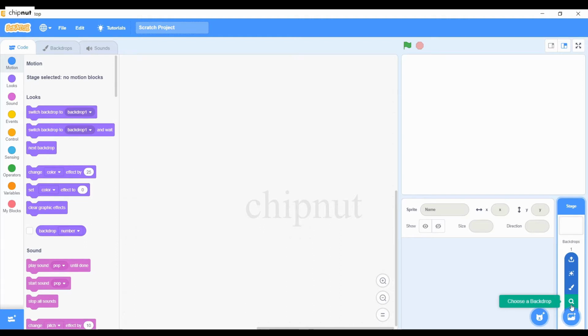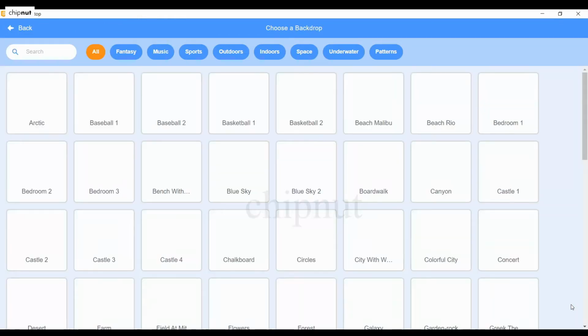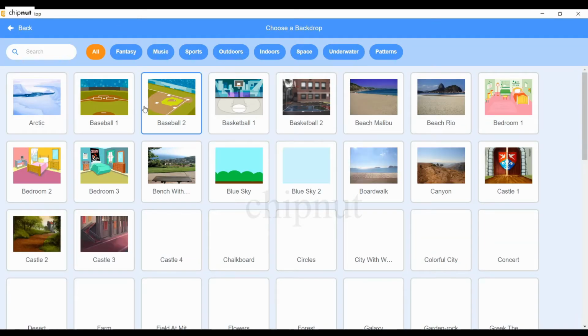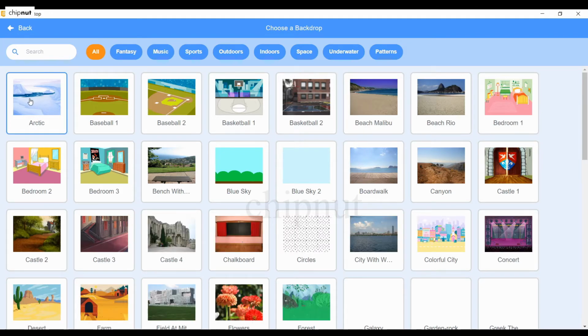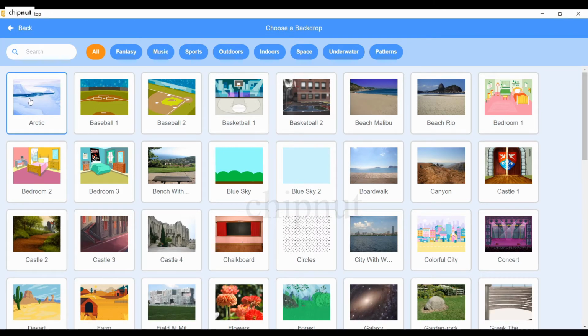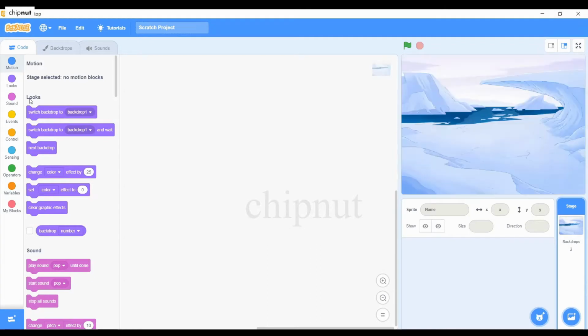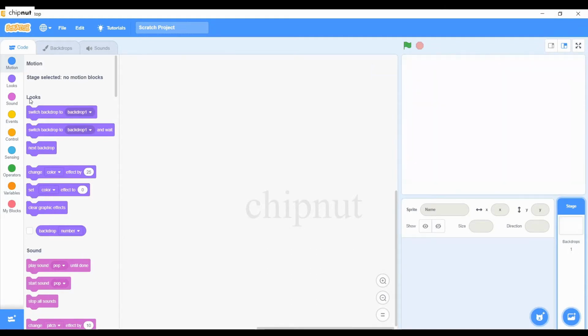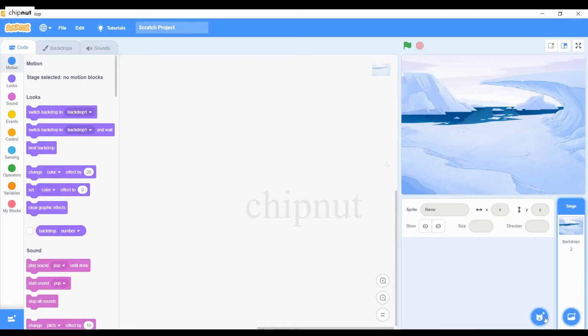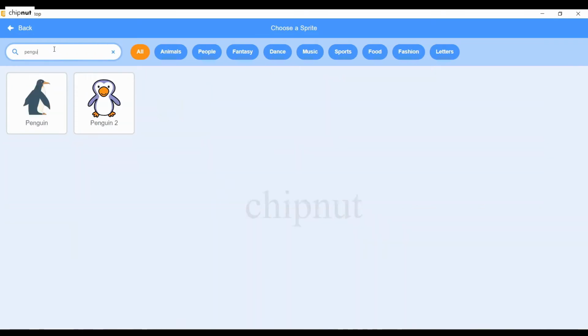This is an Arctic background. To know more about how to add the background, you can learn this from our video, which is called Scratch Part 2 video.